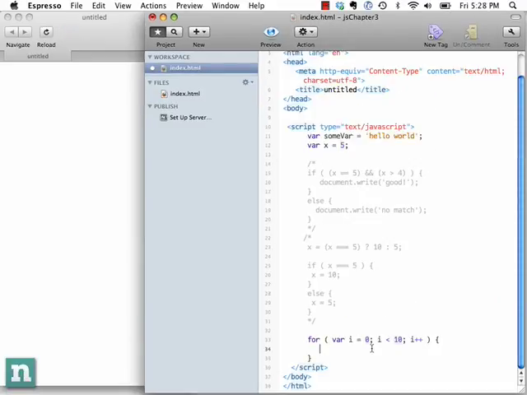So we will begin by, let's just write it to the browser. So we're going to do document.writeln. Now the only difference between document.write and document.writeln is that writeln creates a new line and writes it. So we're going to write i. And you can immediately see 0, 1, 2, 3, 4, 5, 6, 7, 8,